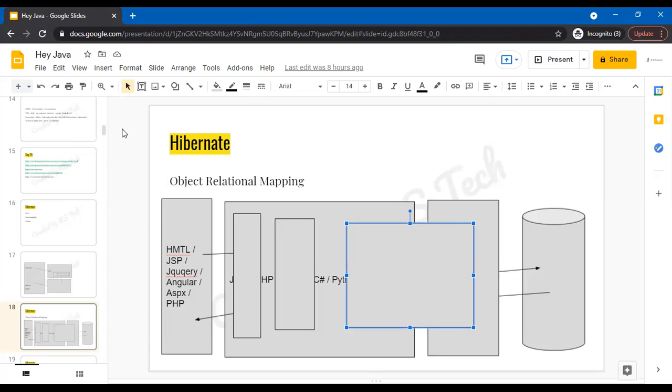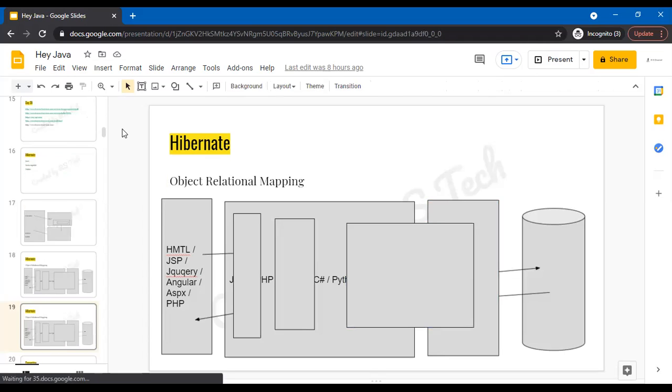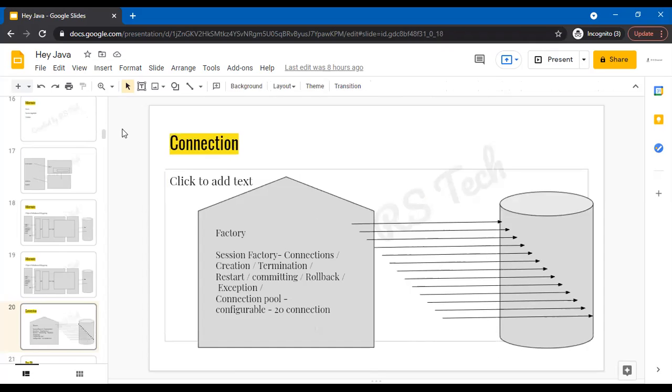So we saw detail on what is Hibernate and how the mappings work, and what is the connection factory, and how do we create a connection. So connection factory is nothing but an analogy, the factory where the objects are produced and being delivered, dispatched.